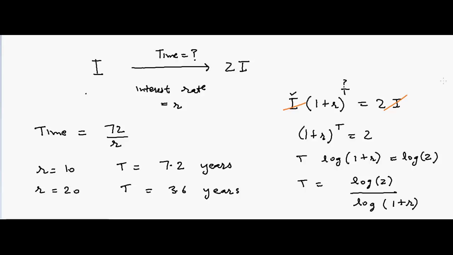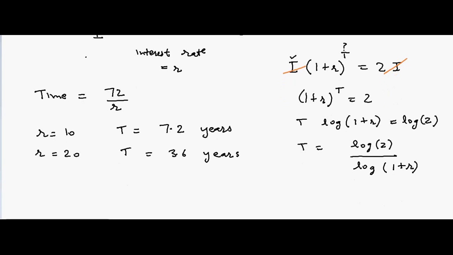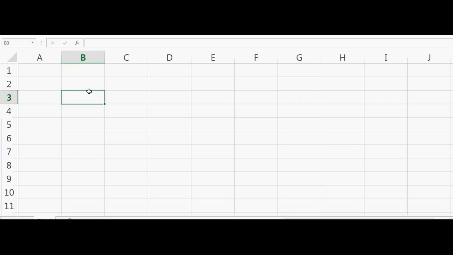So now if I go to Excel and try to solve this equation, let me go to Excel. Suppose we have r, and we start with 2, 3, 4, 5. This is the rate of interest, right, and then we have time. So time should be equal to,